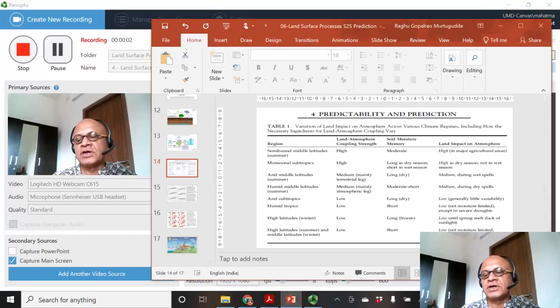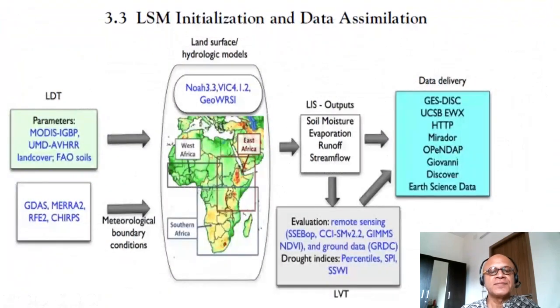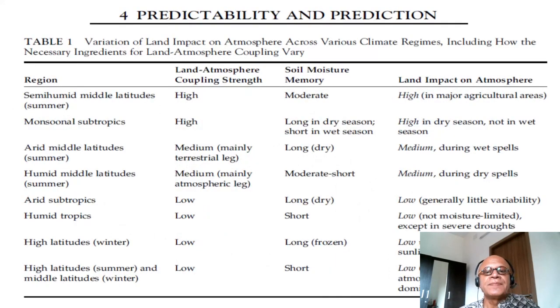Let's close this section on land surface modeling with proceeding on the actual predictability and prediction. So that is implied here. So this is done specifically for food security issues over Africa. You hear the bird going loudly there, which is nice.